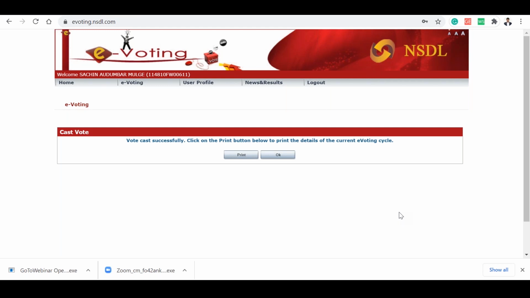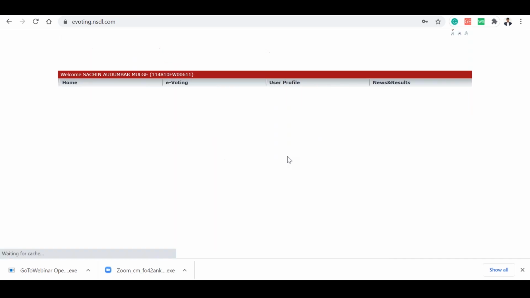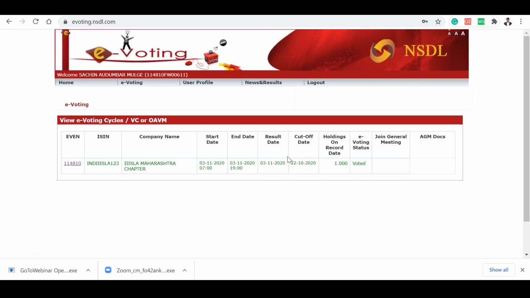Once you submit it, it will show the message that the vote was cast successfully. Click on the print button below to print details of the current e-voting cycle. If you want to print, you can print it. Okay. Successfully completed our chapter voting.